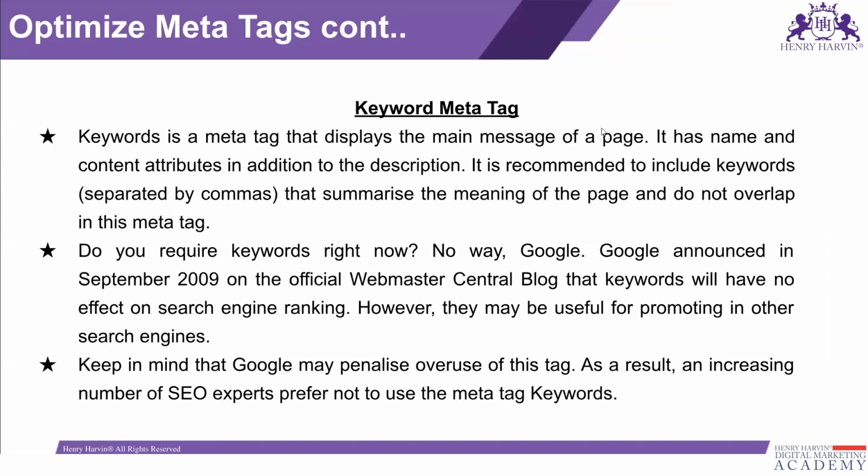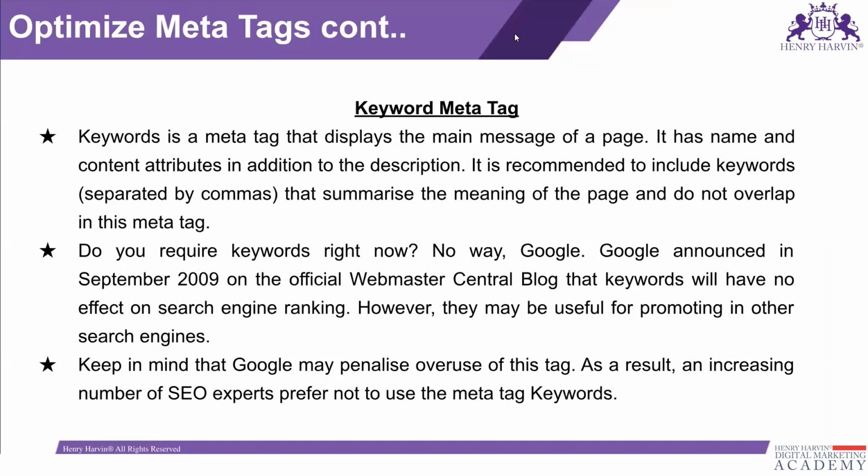Keyword meta tag. Okay, so the keyword meta tag is related to keywords, like we have seen the title tag, h1 tag, and description tag, and then comes the meta tag. Okay, if you are using WordPress CMS, then definitely you will get a section for this so that you can just enter those things. The keyword is a meta tag that displays the main message of a page. It has name and content attributes in addition to the description. It is recommended to include keywords separated by commas that summarize the meaning of the page and do not overlap